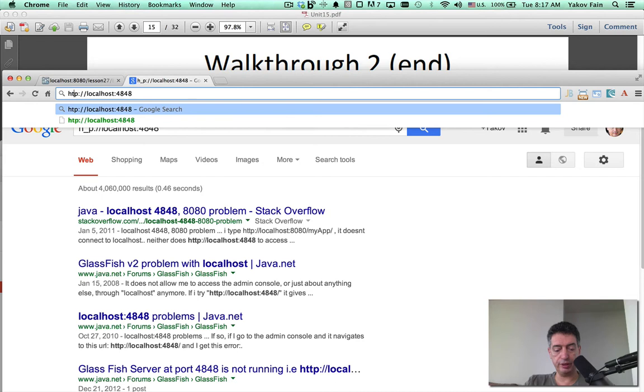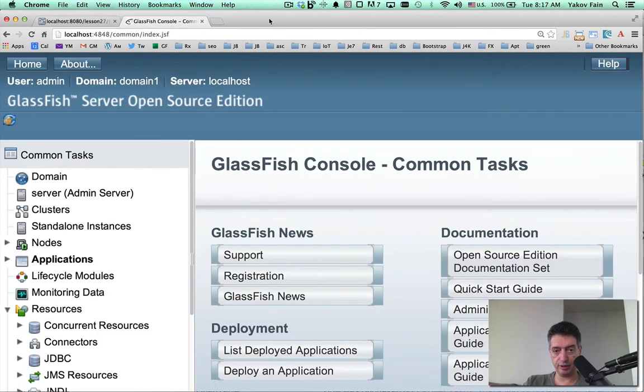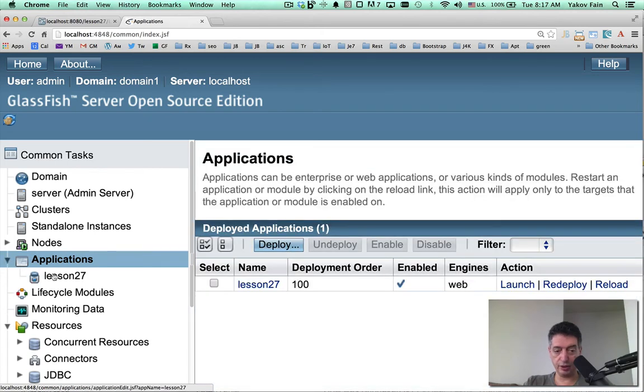If you go through this port, it'll open up the admin console from GlassFish. That's the one. And on the left hand side you can see the application node, and it shows you what is deployed right there. See, the lesson 27 is deployed. That's the only one that is deployed now. If I click on it over here,